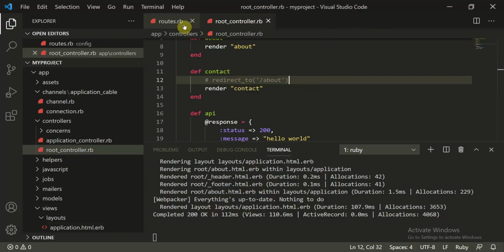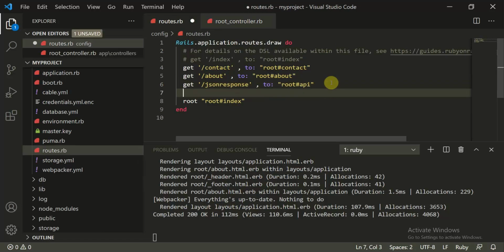Next I'll show you how to pass parameters. Get user slash id, and I'll put name, and it will be root hash user.